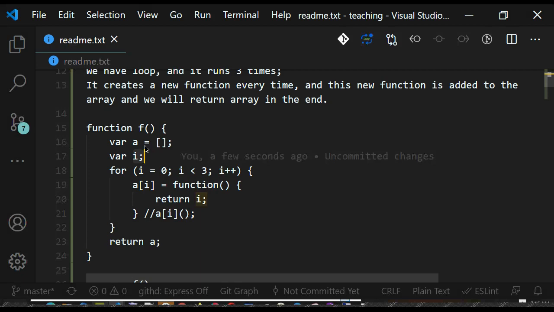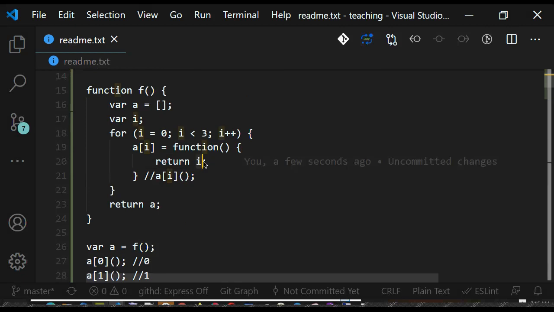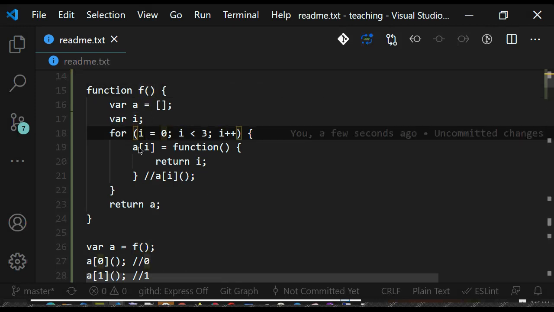So whenever the value of I is changed and we call this closure, it will check what is the value of I in the space of f. In the space of f, initially I is 0, the second time it will go to 1, the third time it will go to 2,